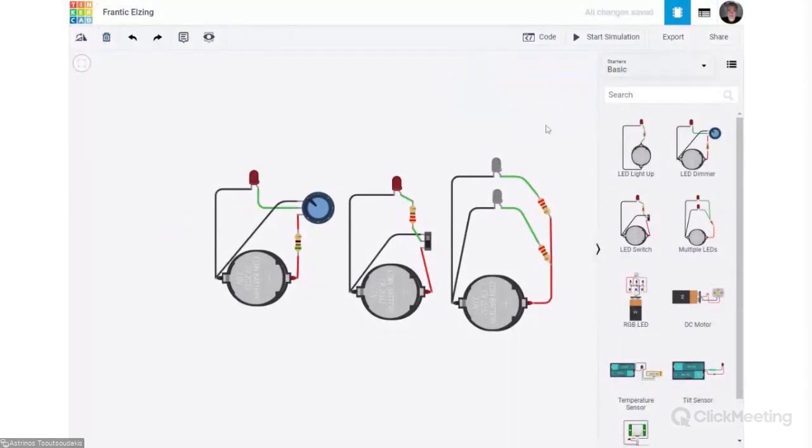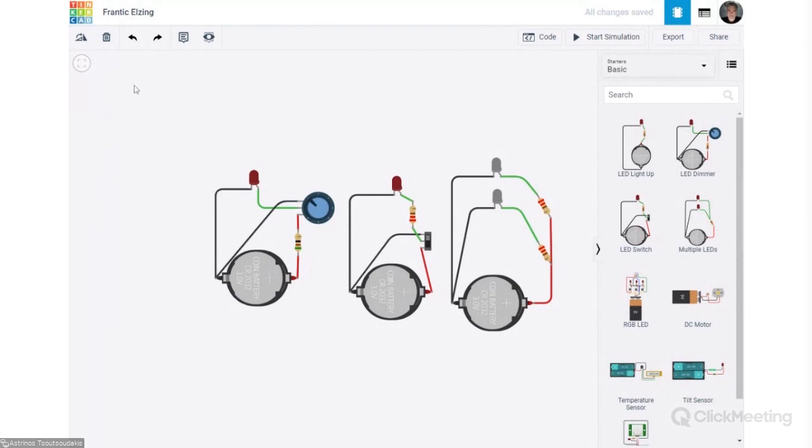I can choose a different name that makes sense for my project, or I can just click on the Tinkercad logo, and all my work will be saved in my account. I can have access from any computer. I can log in, and